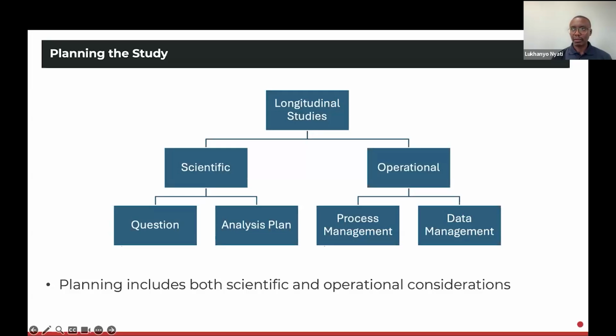But because we feel that we have this opportunity to follow up this sample for a period, we feel that we must collect as much as possible. And this contributes to fatigue. And this is part of the things that contribute to attrition, for example,